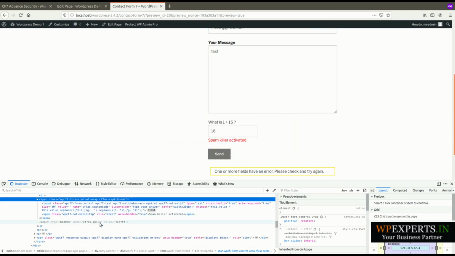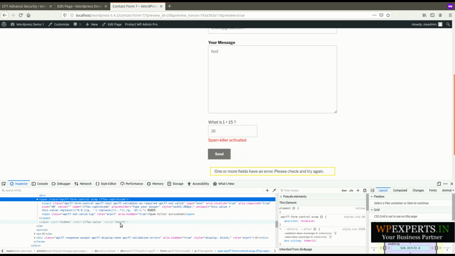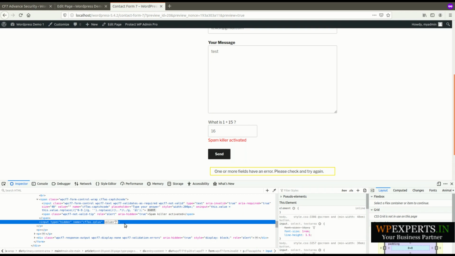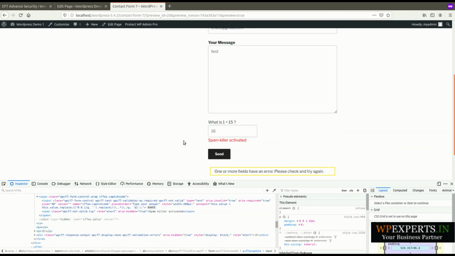We have added this captcha in Contact Form 7 especially to stop machine spam. This is very effective because when a spammer sends data, they always insert a value in all fields. In that case the spam killer will be activated, even if they give the right answer for our captcha.